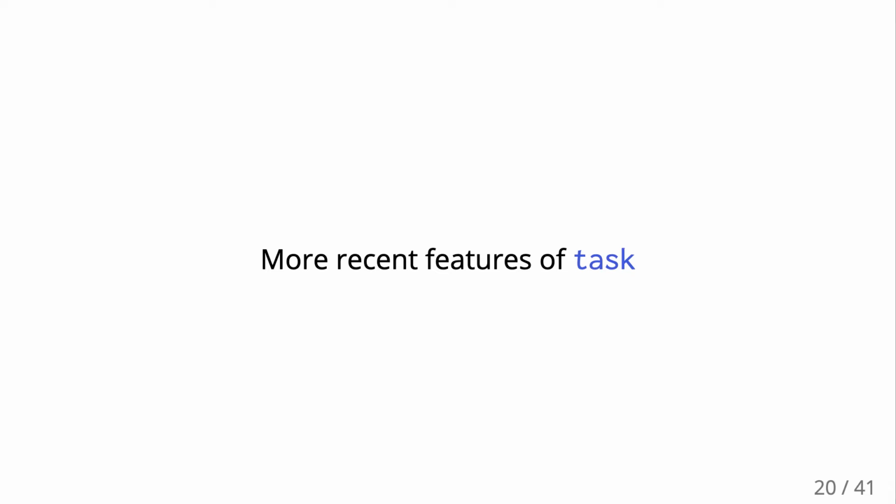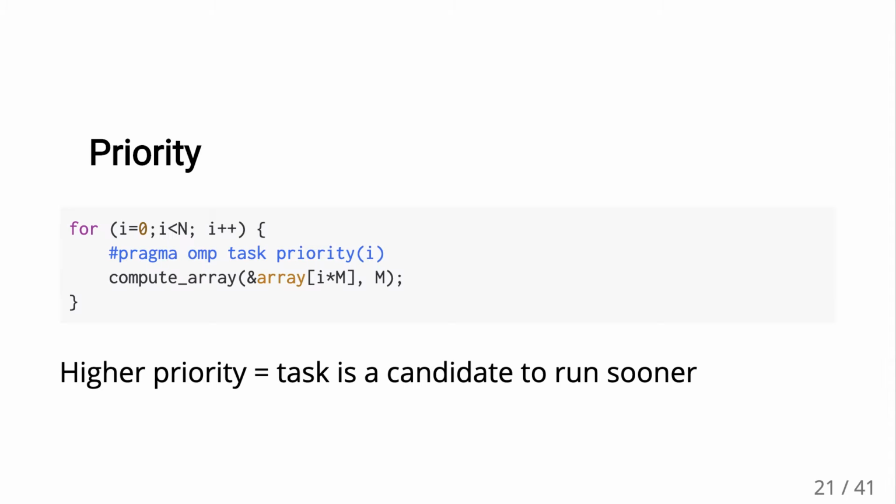And so how does this work? This is more complicated, definitely bug prone, but in the recent, maybe 4 or 5 version of OpenMP, you now have this fine-grained control over tasks. And actually, I'm not going to go over everything, but just at least some of the features. So the first thing is priority. Okay, so priority is something actually a little tricky,